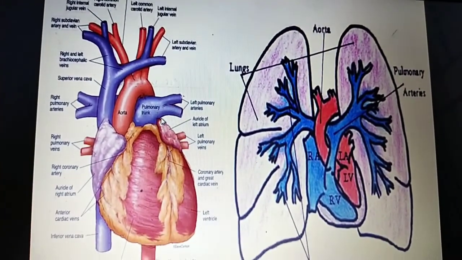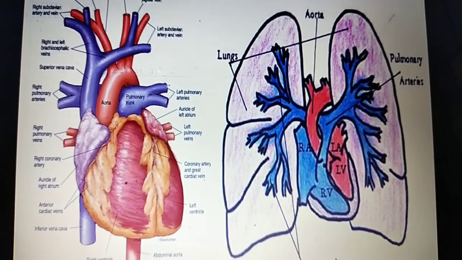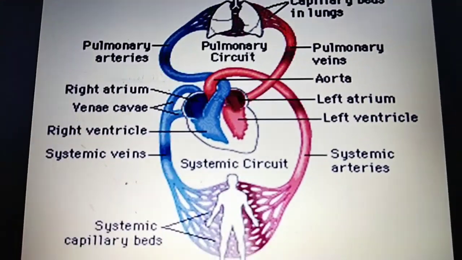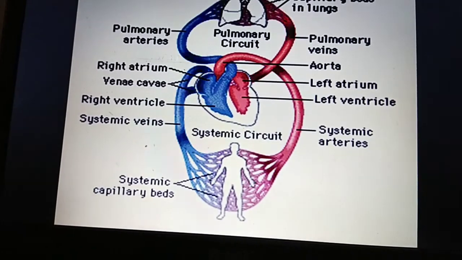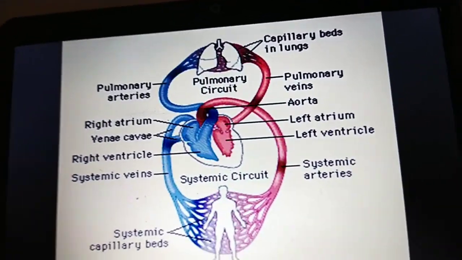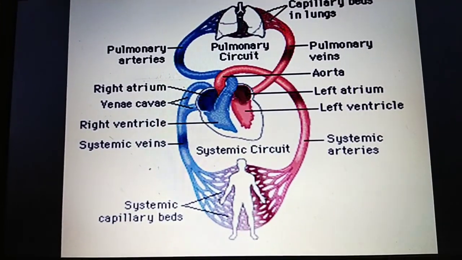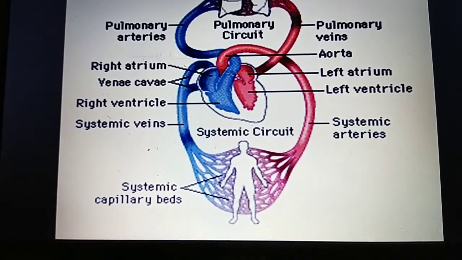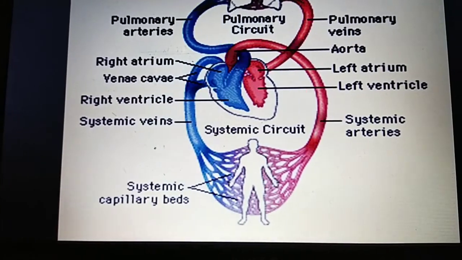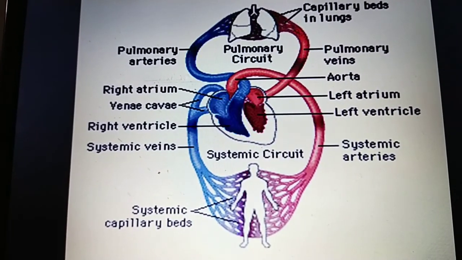Before that, we study what is meant by pulmonary circulation. In this video you are already seeing that there are two types of circulation. One is systemic circulation, another one is pulmonary circulation. Pulmonary denotes the lungs. The pulmonary circulation carries the deoxygenated blood from the heart to the lung and returns oxygenated blood to